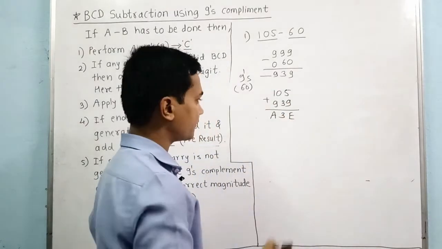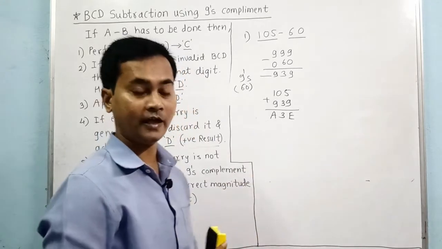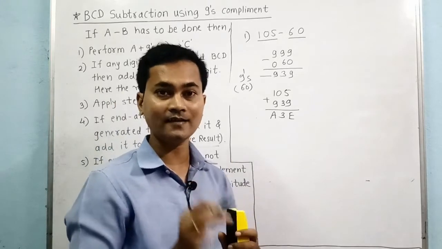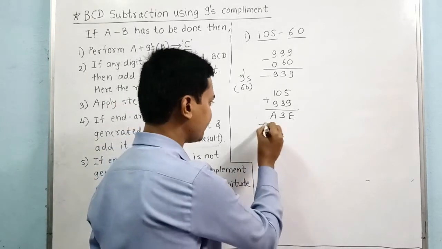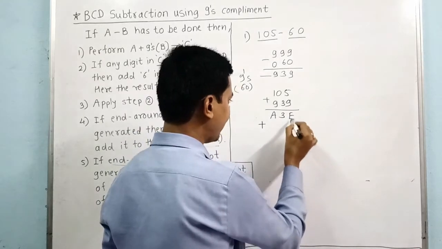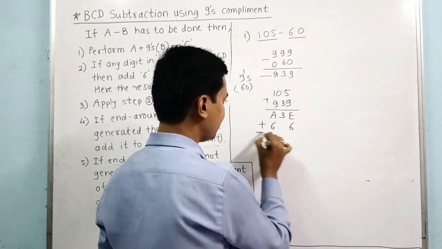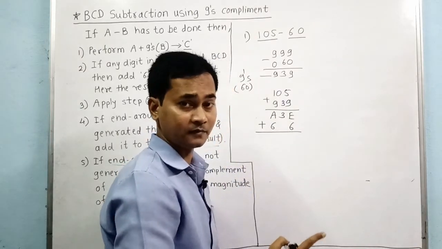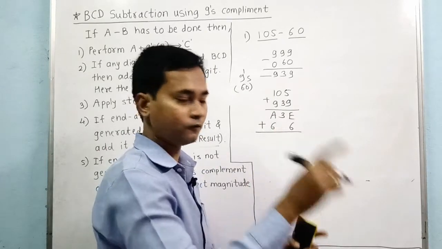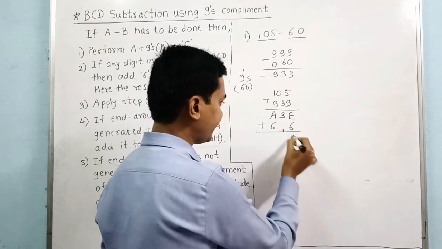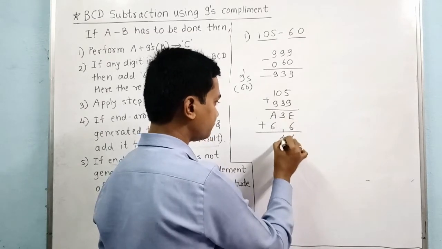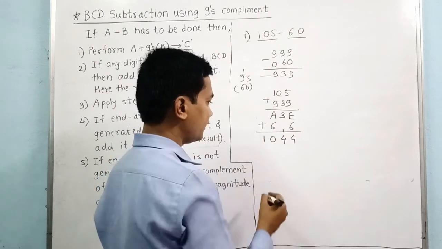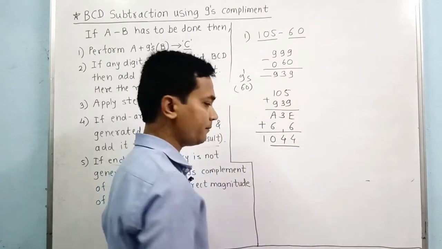Okay, now next we have to check whether all the digits are valid BCD. No. Okay, so whichever digit is invalid BCD, we have to add 6 into that digit. Okay, so plus 6 here should be added and 6 should be added into the third digit. Now again we will perform 14 plus 6 is 20 in decimal. So convert it into hexadecimal, that is 14. Okay, 1 is carry and 4 is the summation. 3 plus 1 is 4. 10 plus 6 is 16. 16 means 10. Okay, so whether these 3 digits are valid BCD digits?